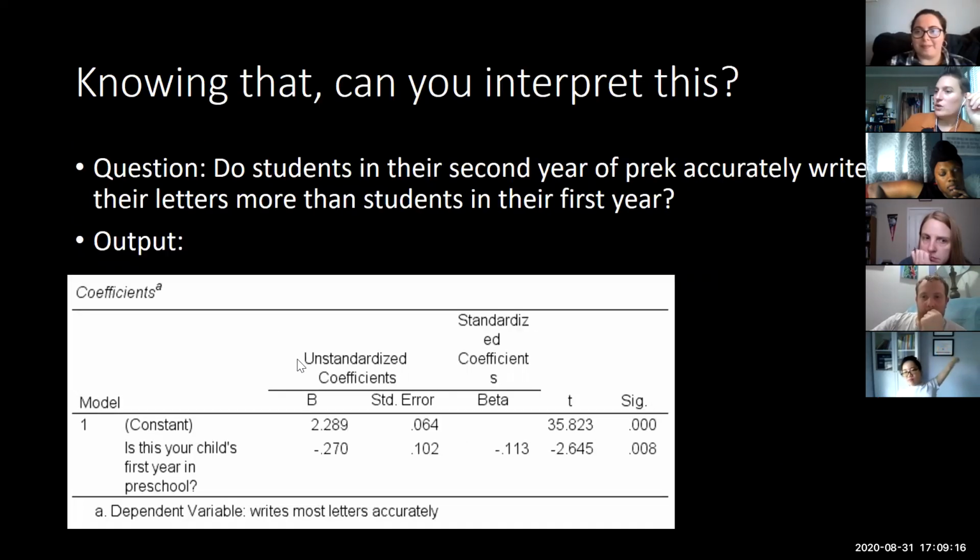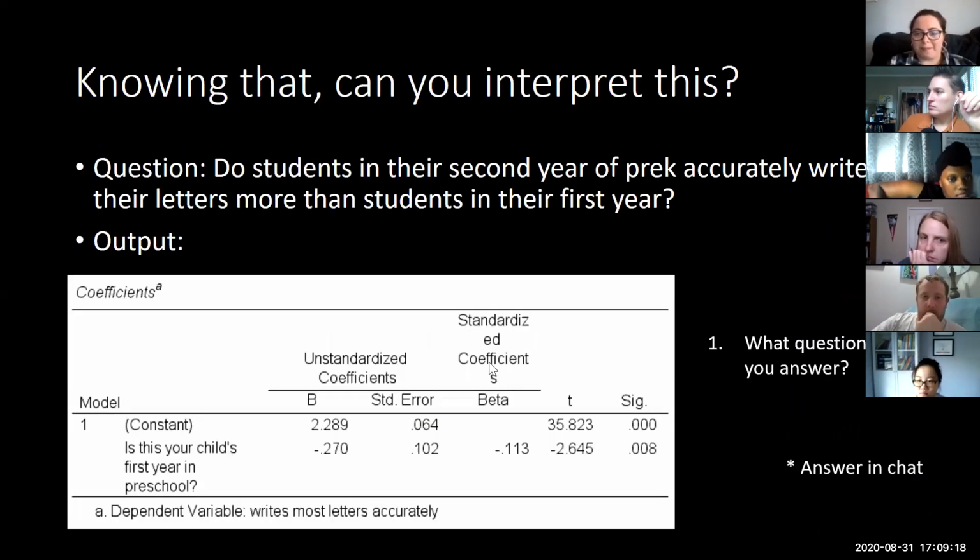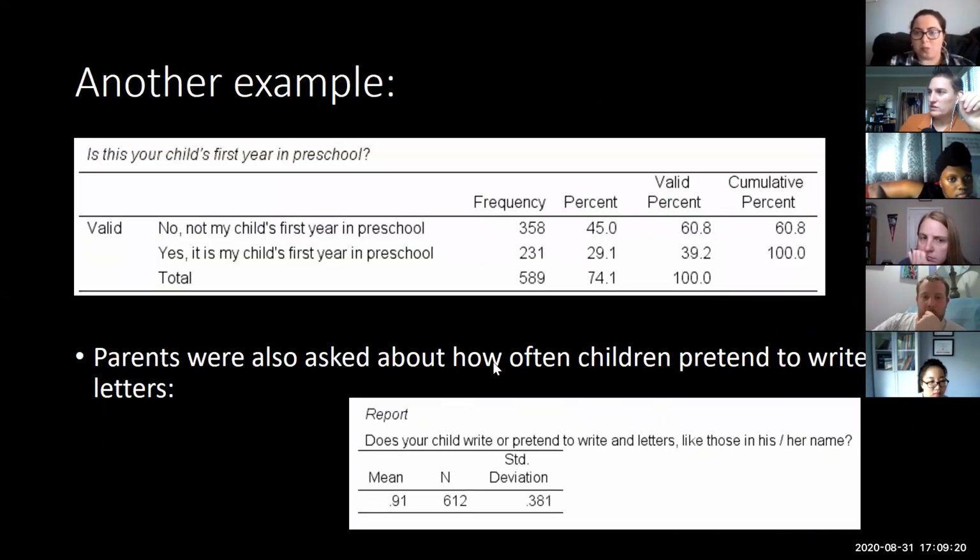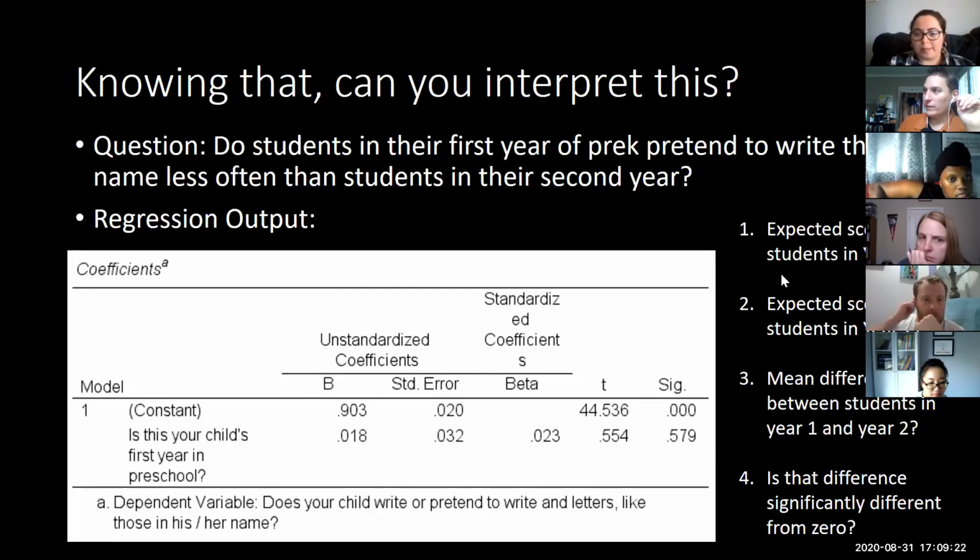All right. So for children who it's their first year in preschool, we would have to, okay, I'm going to start with children who it's their second year in preschool, because that would be when this variable is coded as 0. So when this variable is coded as 0,